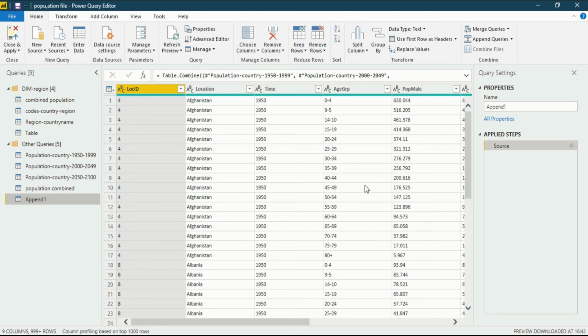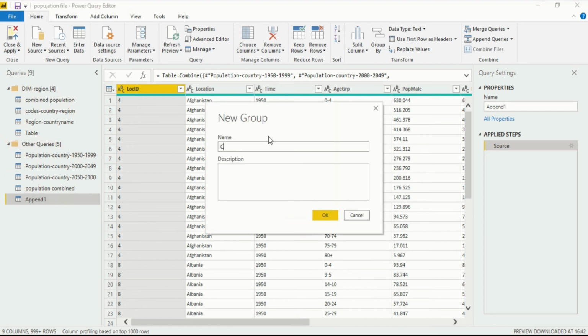Now we are in Power BI Desktop in the Power Query Editor interface. If you want to learn more about this interface, you can go to my previous videos. Now let's get back to the question of this video about creating an index column. Why do we need it? Earlier in the videos we have created a dim region. Now we have to create a dim age group section. So first of all we have to make a reference of this query, and then I will show you why we need it.